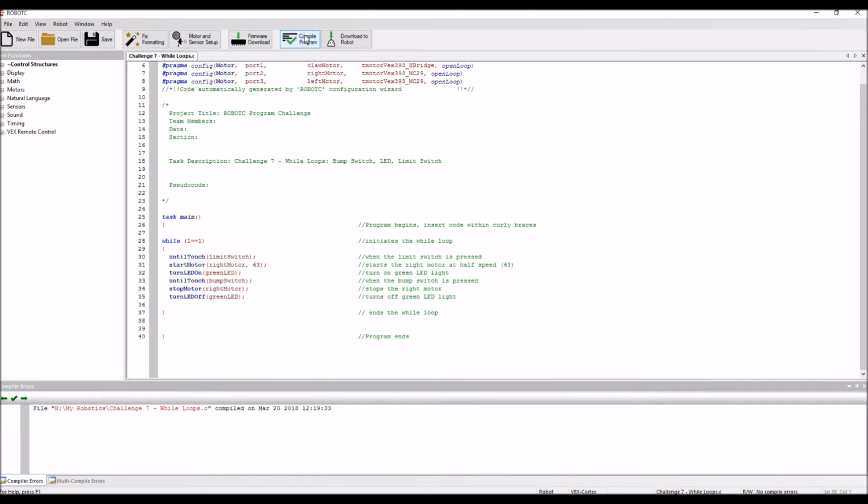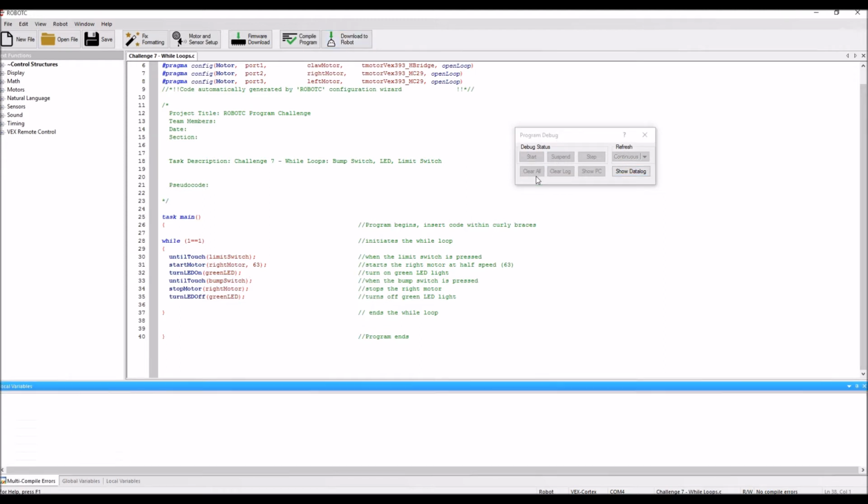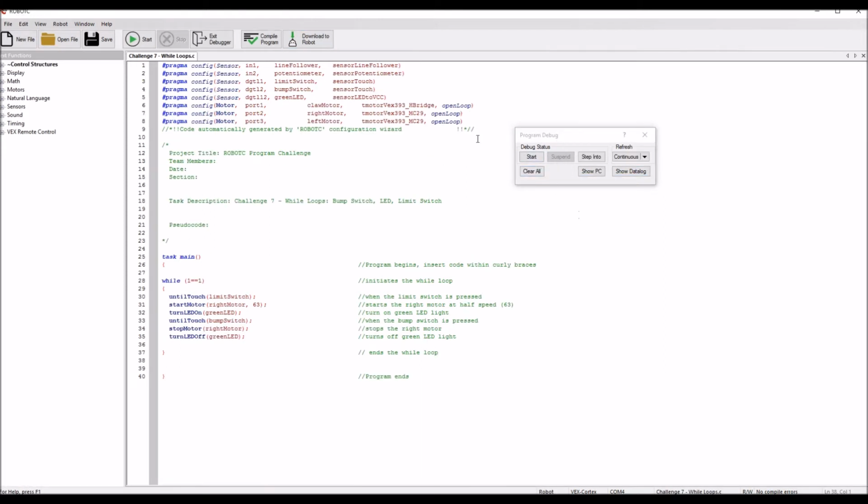Okay, so I'm going to save. I'm going to compile. I'm going to download it to my robot, and then I can go ahead and click start, but nothing's going to happen until I hit the limit switch. And then the motor will start, the green light will come on, I hit the bump switch, the motor will stop, the light will turn off, and I can keep repeating this infinitely. Okay, so as this next short video clip shows,